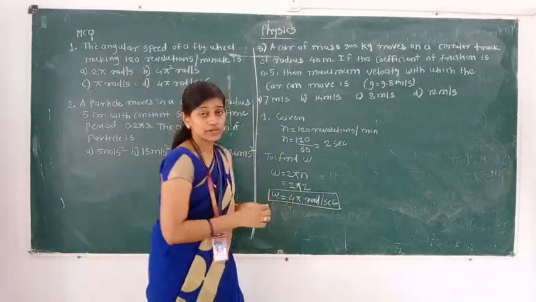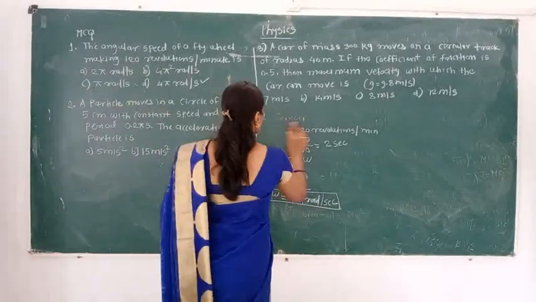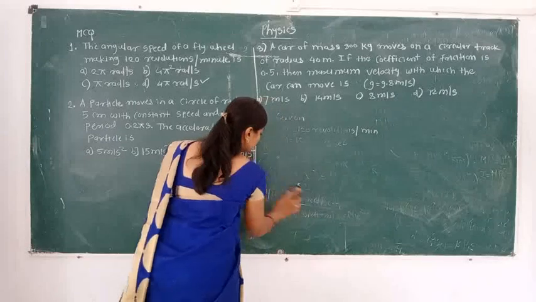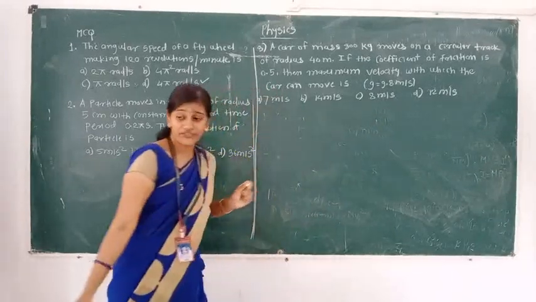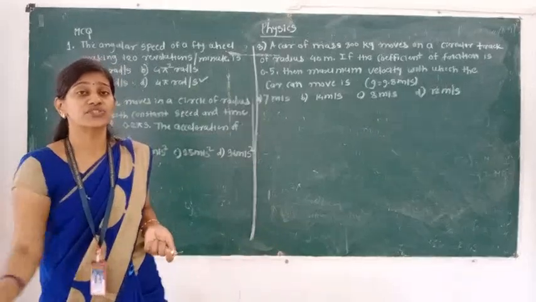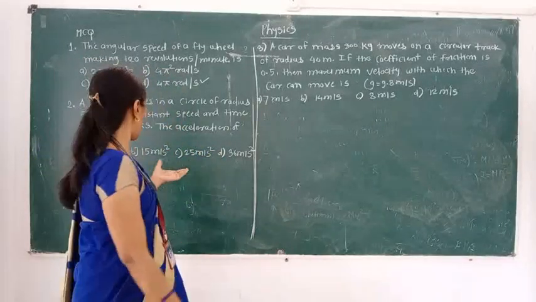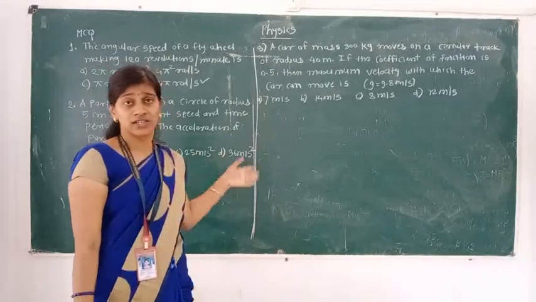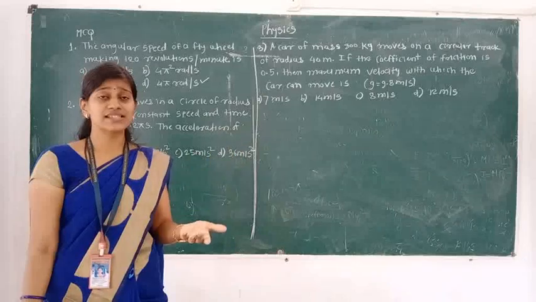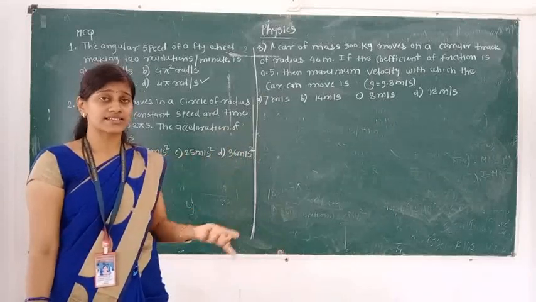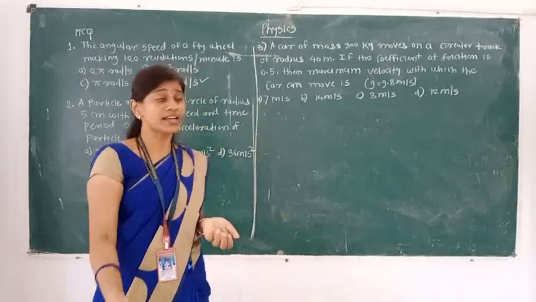See there, whenever we are solving an MCQ, at that time we have to check what is given. Whether all given quantities are in the same unit or not. If they are in different units, at that time we have to convert them. As per the given answers, you can understand. You try to convert them, maybe in CGS, maybe in SI. If you use them as they are, you will not reach the correct answer.